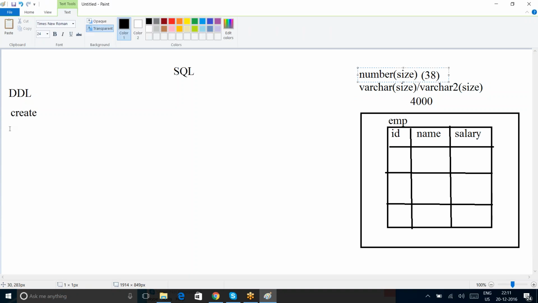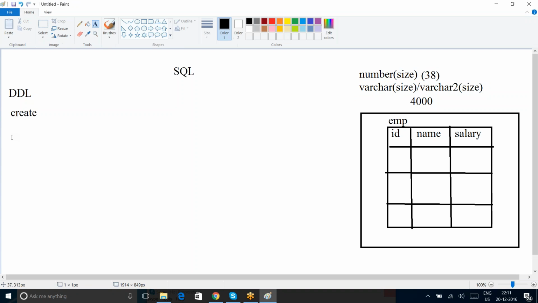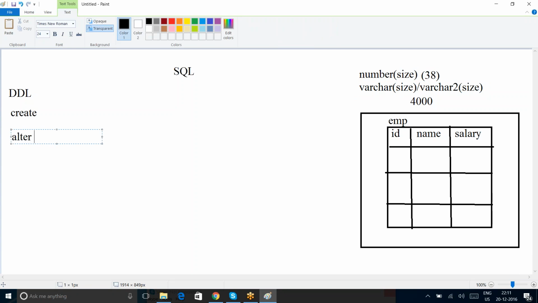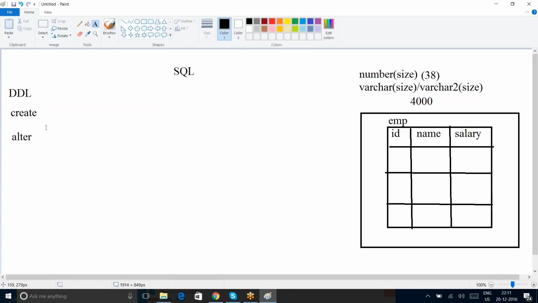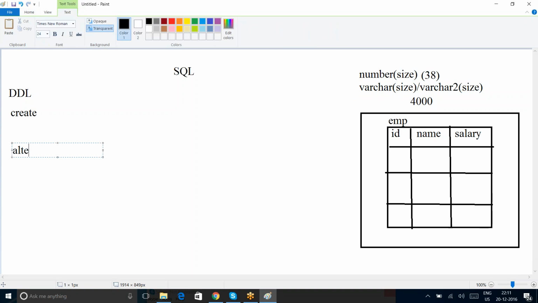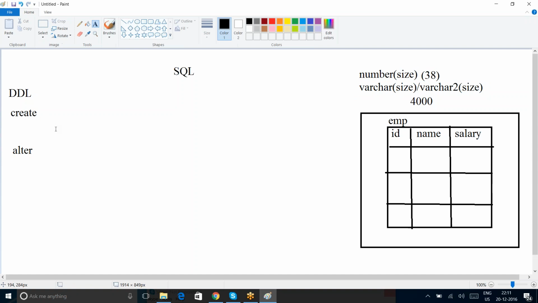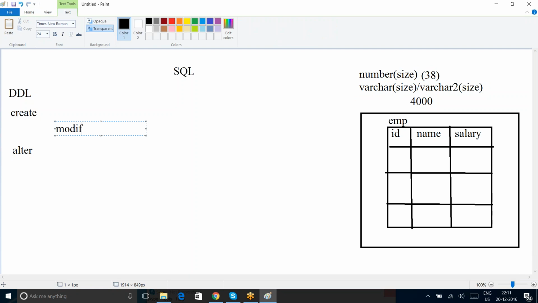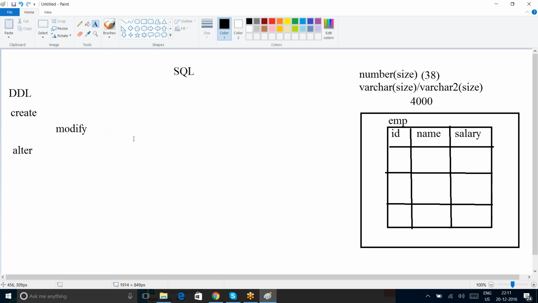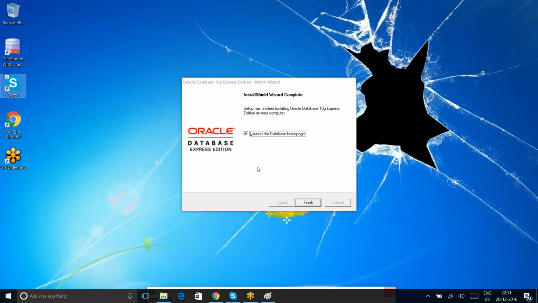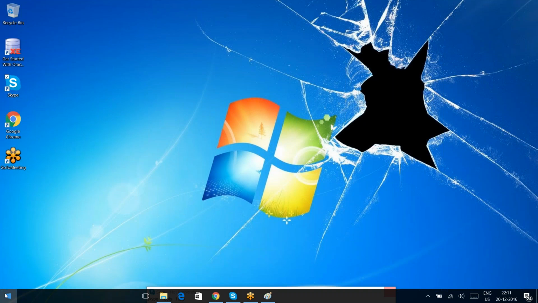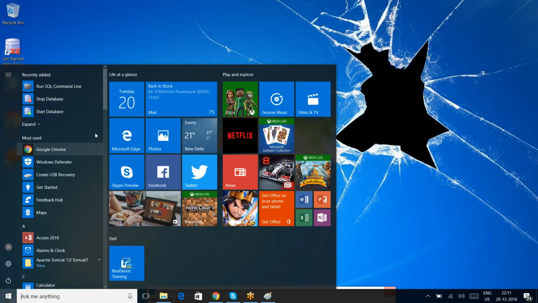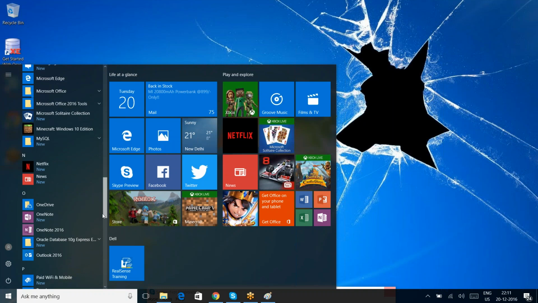For that we need this particular alter command. We have an alter, and in this alter we can use the modify command. So alter is there, and in this alter we have modify. Okay, so I just want to show this. I'll directly open Oracle. Like here we have Oracle